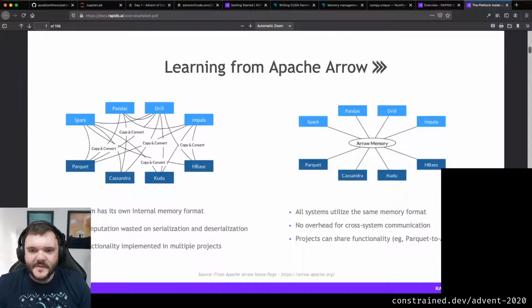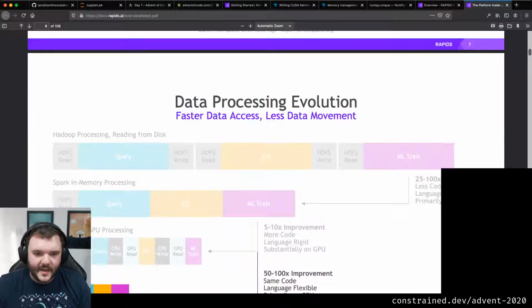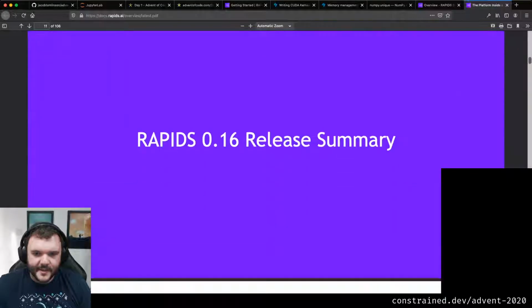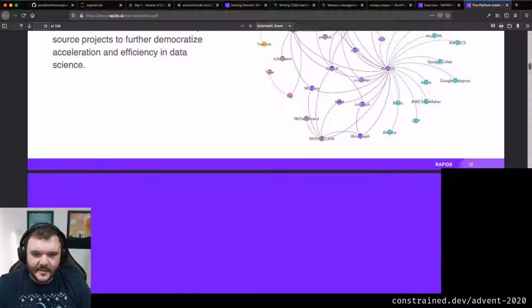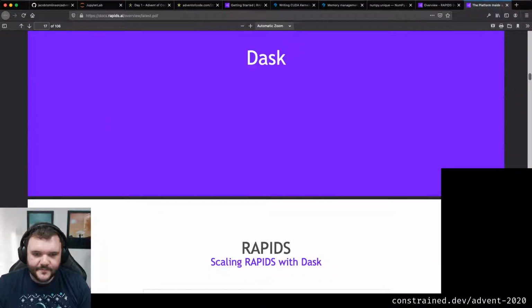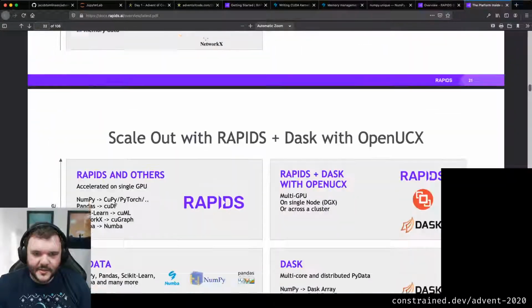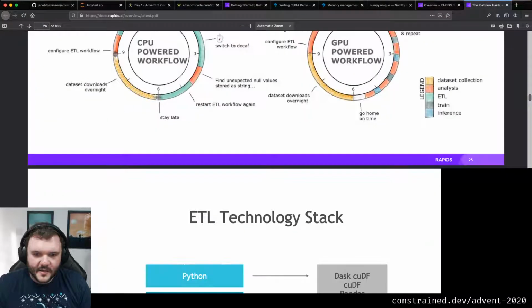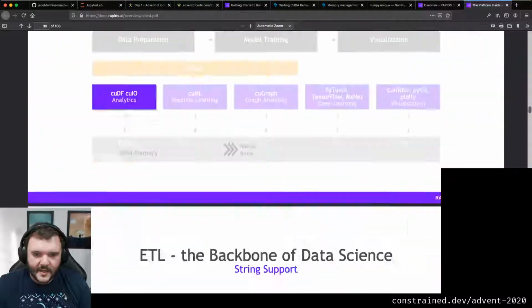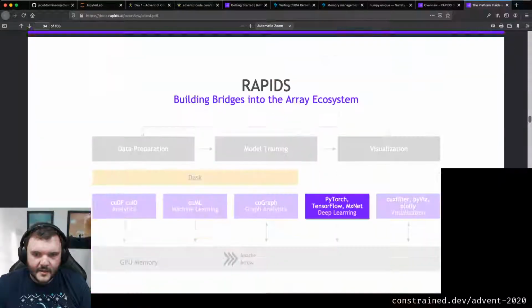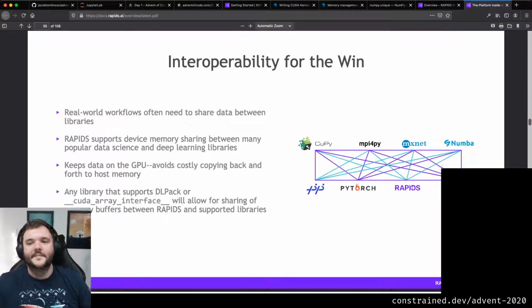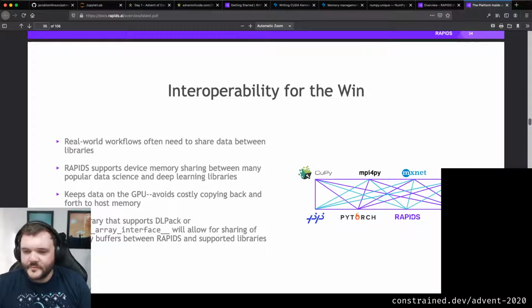Okay, so we use Arrow to keep things in a consistent memory format, but the main thing, I can't find it. I don't think it matters too much. Yes, here it is. Hooray. We have two things: DLPack and the CUDA array interface, which are two different ways of interoperability.